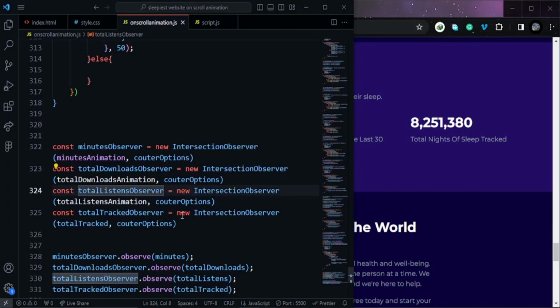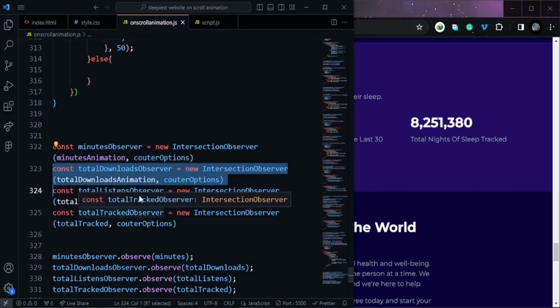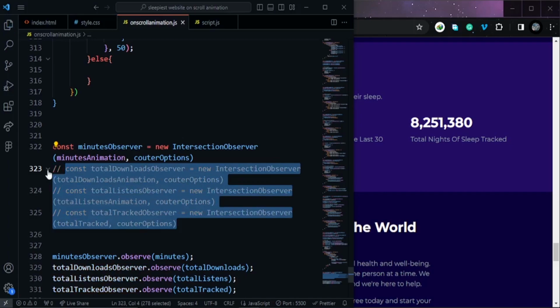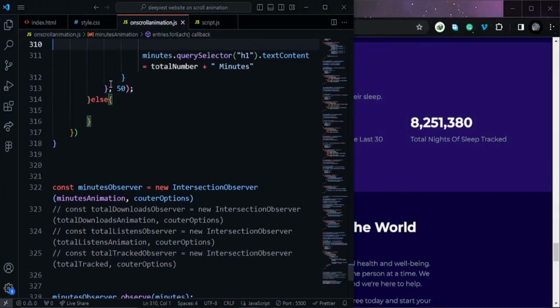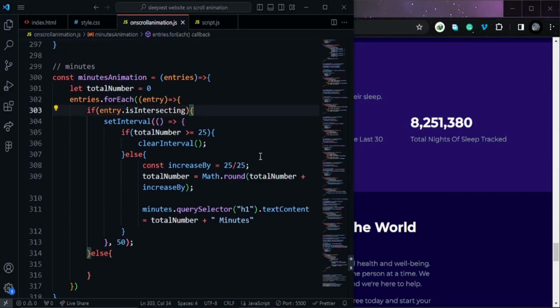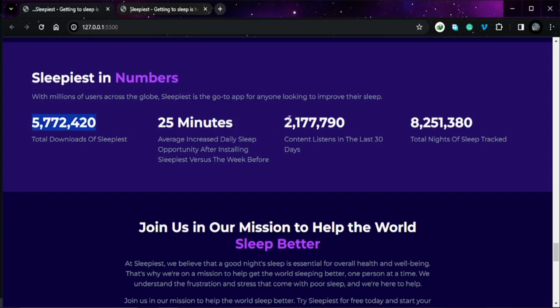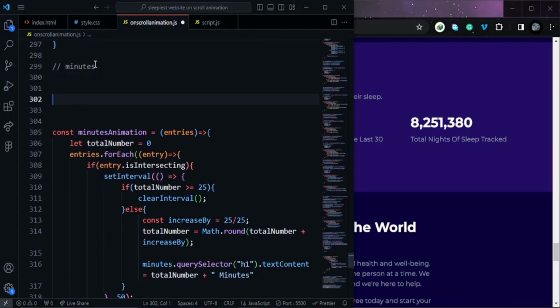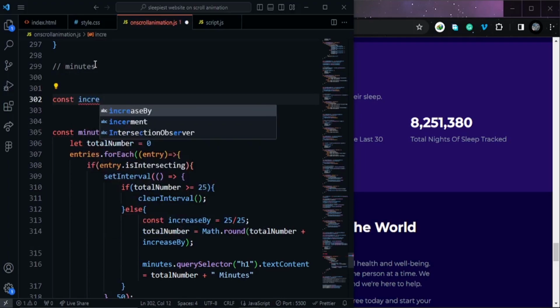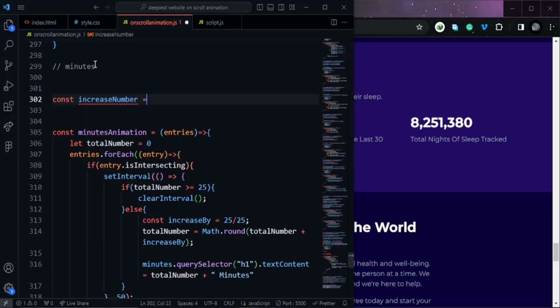And the problem is this, we don't specify this total downloads animations here, so just hide all. Now the animation will work, but the minutes is divided by 25, but for these numbers it's not divided by 25, so it is dynamic. Instead of using such a way, it is better to create a new function. Just by using const, let's say increase number,